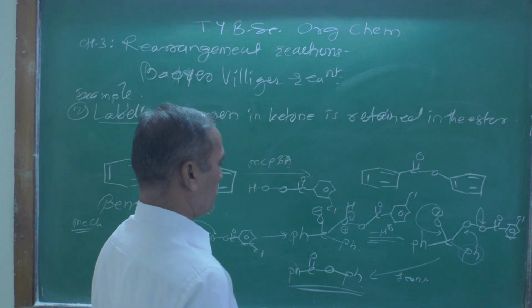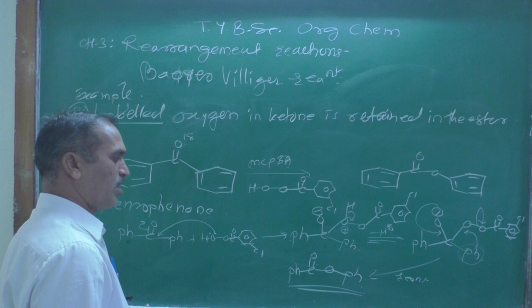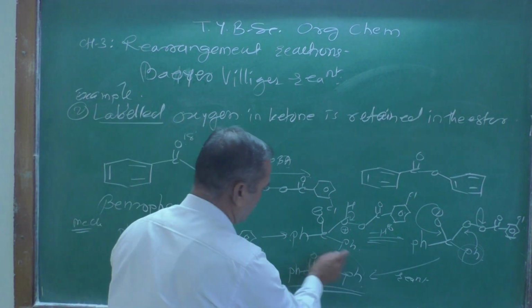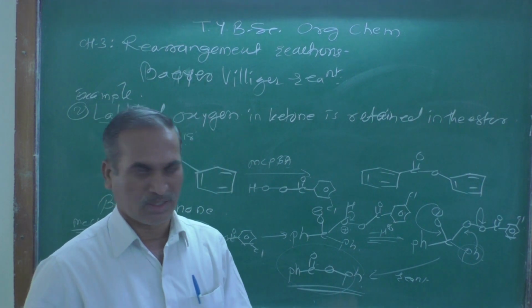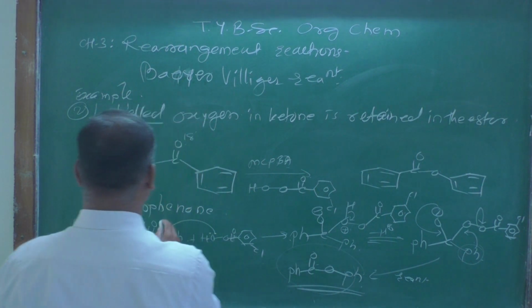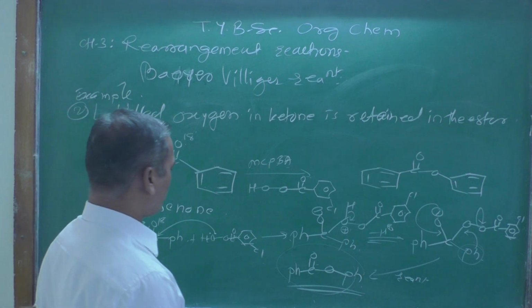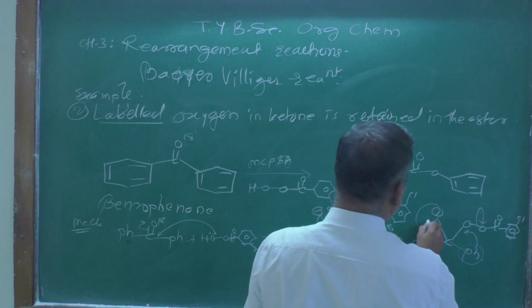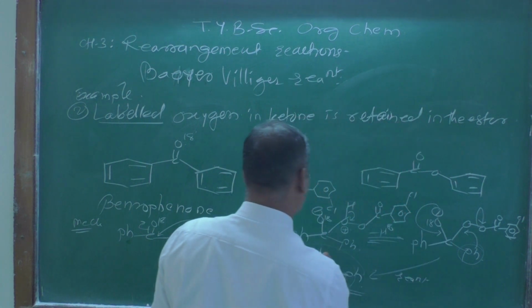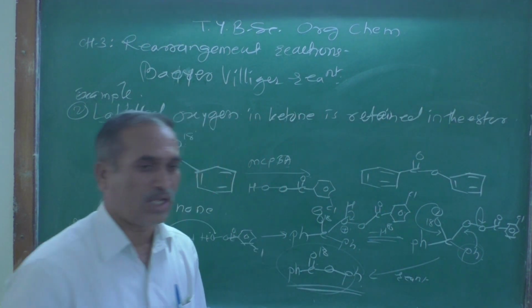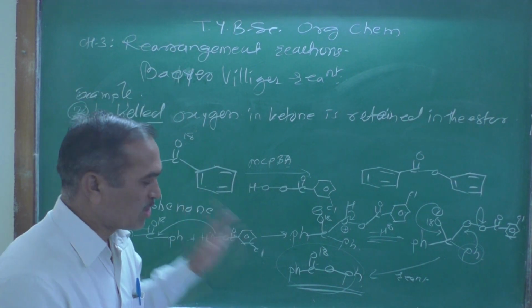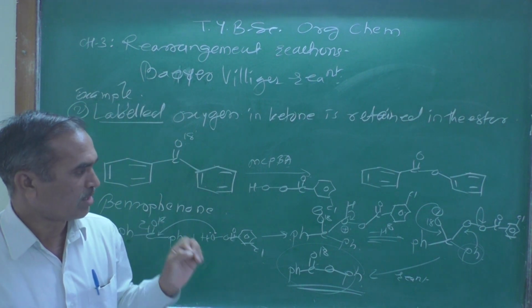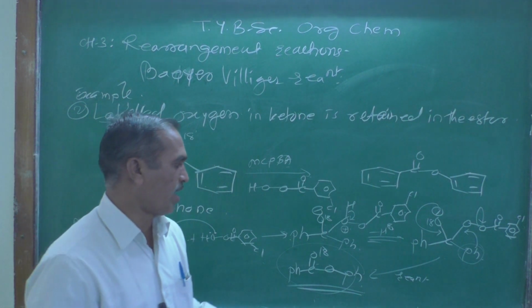This is phenyl benzoate, or benzene benzoate, that you are going to get. So this is the experiment, and here look at the 18 labeled oxygen atom. I am not mentioning it here, so remember 18 over here again as 18, and that 18 oxygen atom, the labeled oxygen atom, is found in the product, and therefore it is inferred that the